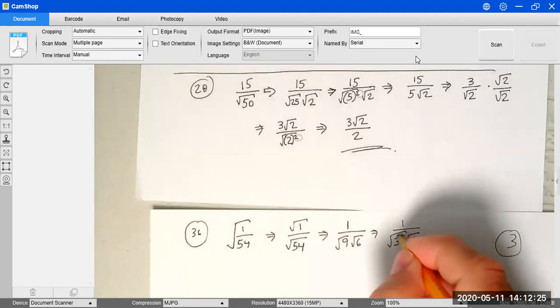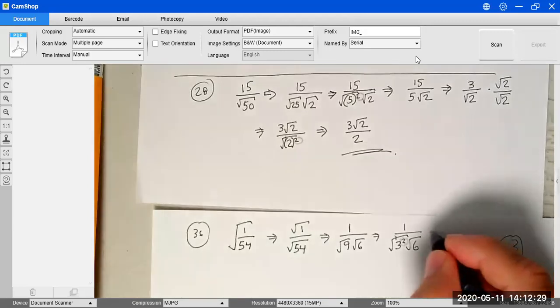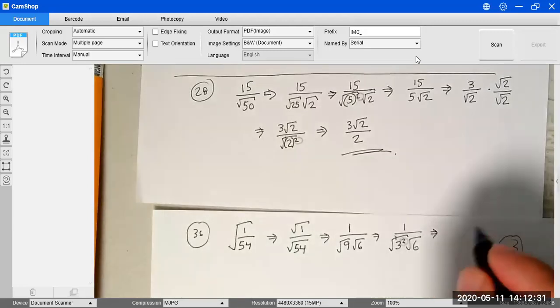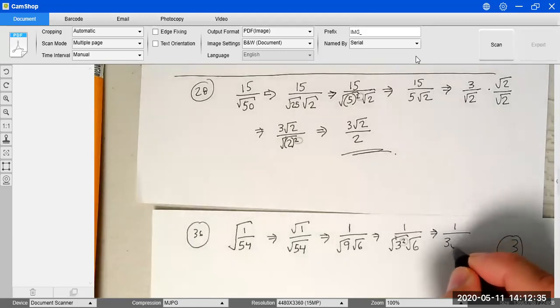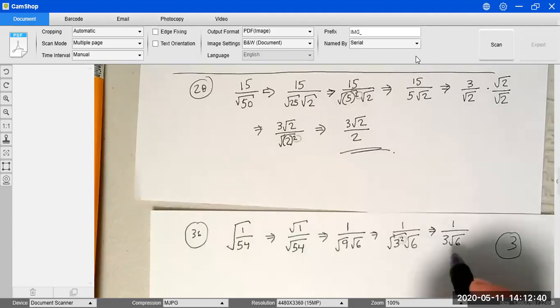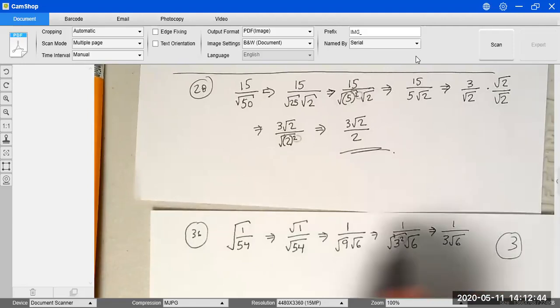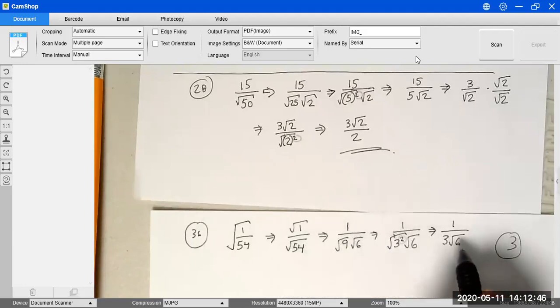remove this exponent and this radical sign. So I'm going to end up with the simplification. I'm just simplifying the original fraction. I haven't rationalized yet because I still have a radical in the denominator. But these steps are important to simplify our computations. So now we're going to rationalize. So we're going to